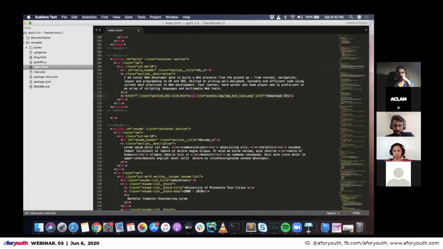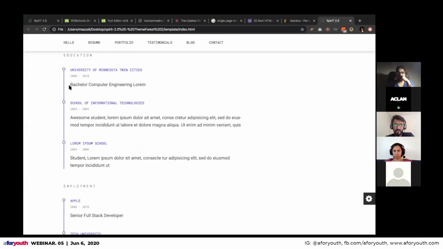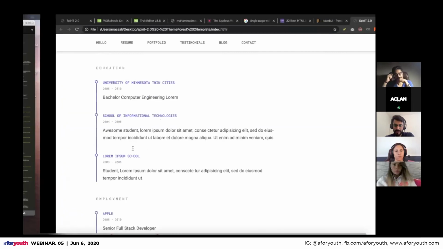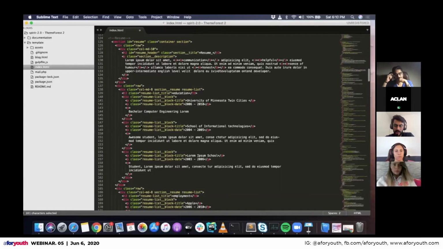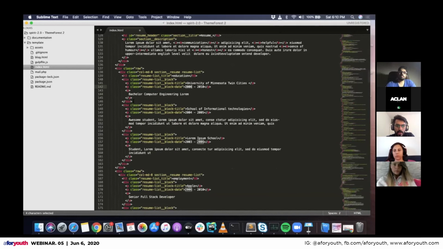Let's say that here I have 3 sections and I want to add more sections. This is the row, and this is the parent container, and inside this container we have this education, university, which is all repeated, right?